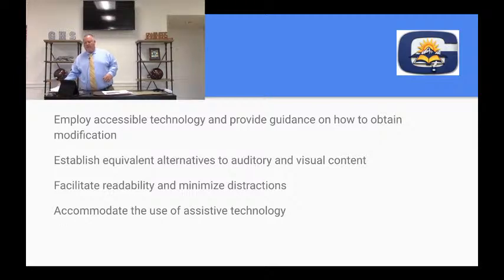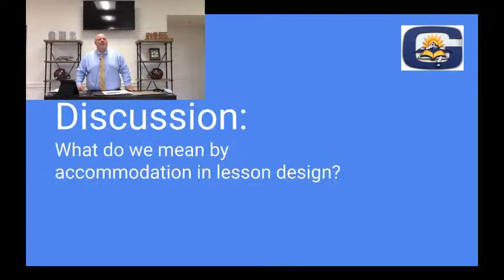So again, I'm going to do a quick discussion here and ask, what do we mean by an accommodation in lesson design?